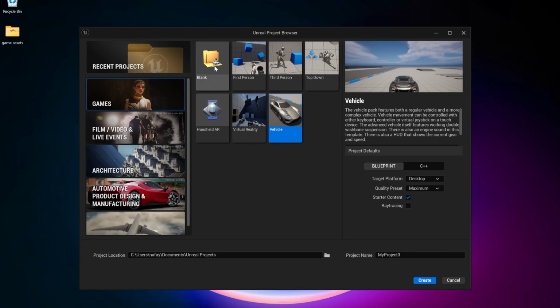You can also just choose a blank project. However, a vehicle project is just going to give us some tools which are going to make our project a little easier. Make sure to select blueprint because we're going to be using the blueprints for the coding part, and target platform should be desktop. Quality preset maximum, and if you have an NVIDIA RTX graphic card, be sure to turn on ray tracing because it's going to make your